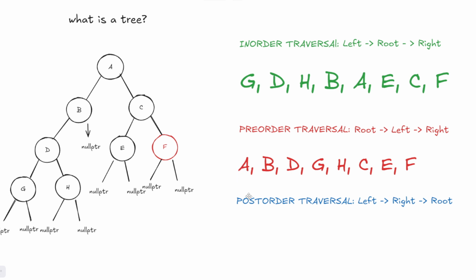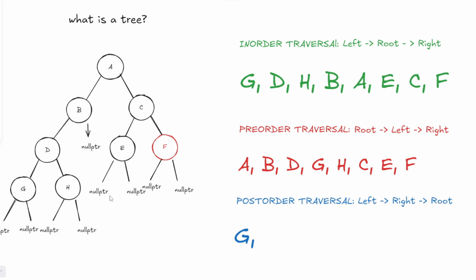So I will solve this. I want you to pause this video and try to attempt to solve this on your own. So as we said, we are at A, we go to its left subtree, then its left subtree, then its left subtree, then its left subtree. We find out that it's null. So we finish the left, we go to its right, it's also null, so we go to G itself and